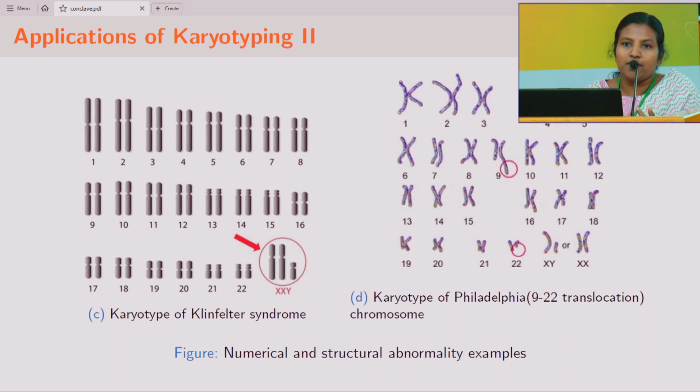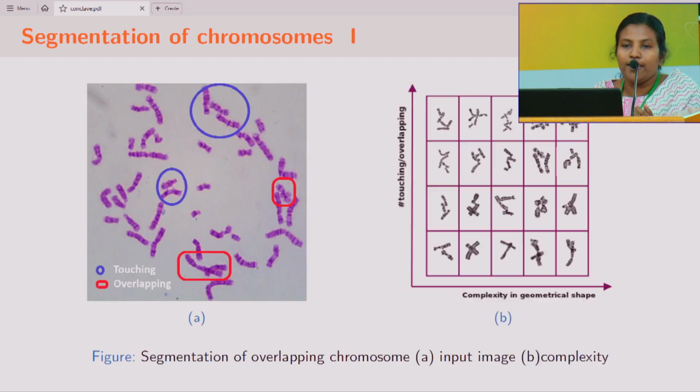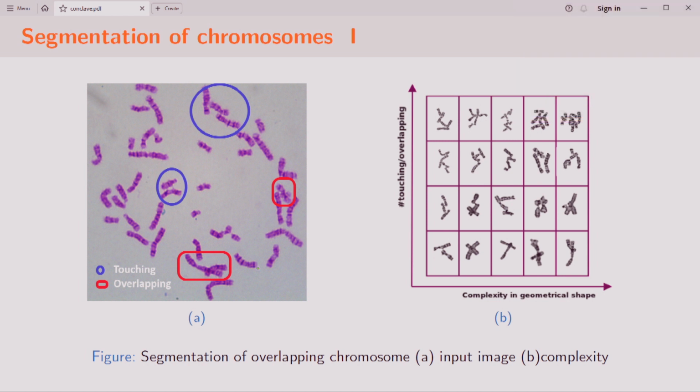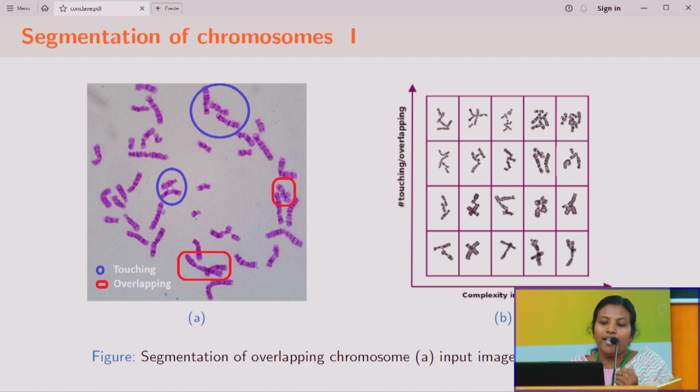So in RCC, as well as Child Development Centre, Medical College, all these types of research are going on. The main problem in automating this karyotyping system is overlapping and touching chromosomes. In this figure, you can see when we have a metaphase image, there may be a lot of touching chromosomes and overlapping chromosomes. So what they are doing basically is pseudo-coloring all the touching and overlapping chromosomes. That will take days